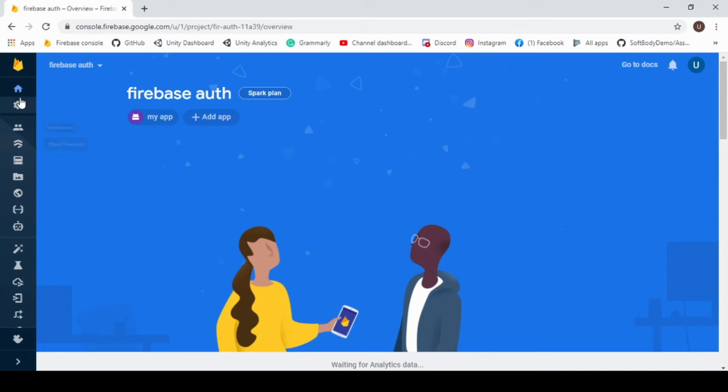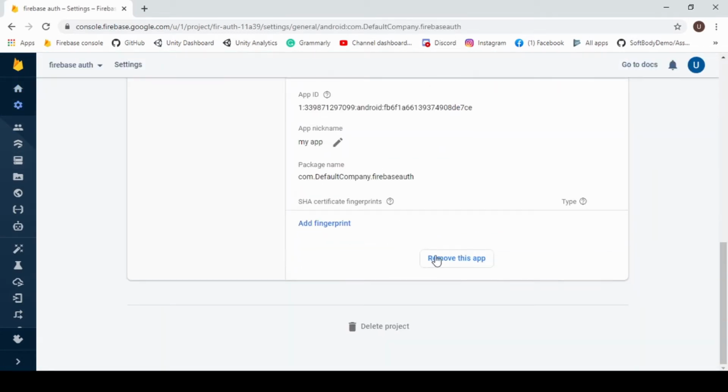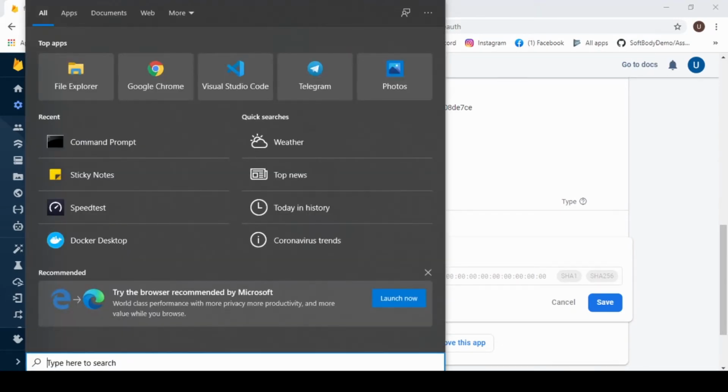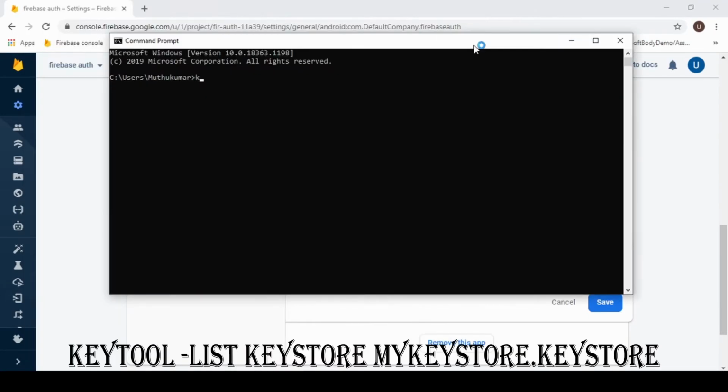Now click on Settings and Project Settings. Scroll down to the bottom and click Add Fingerprint. To get the fingerprint of your application, open CMD. Enter keytool -list -keystore, enter your key store location which we created before, and enter your key store name with the .keystore extension.